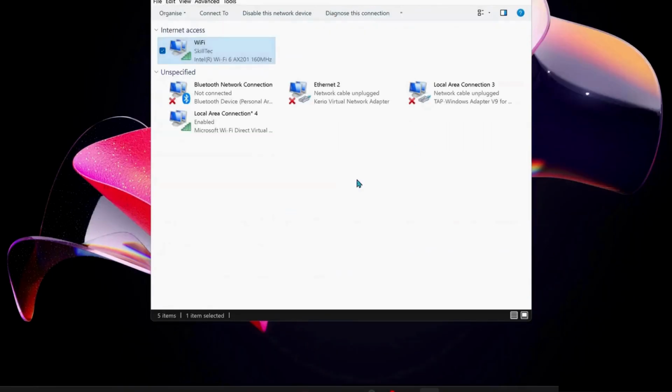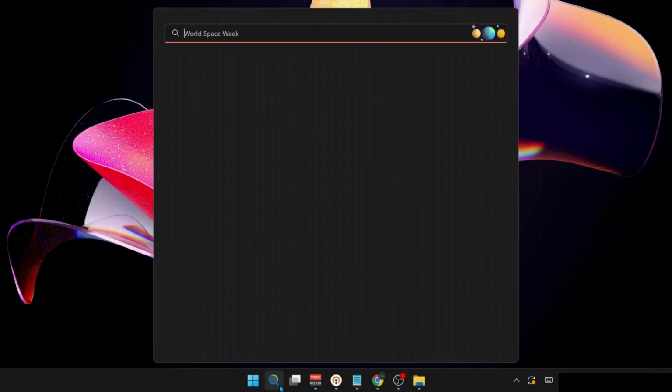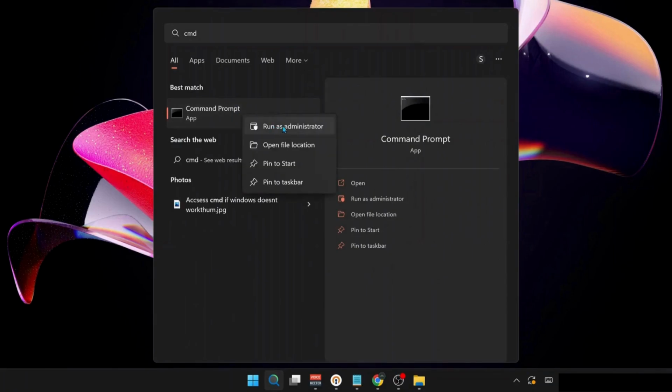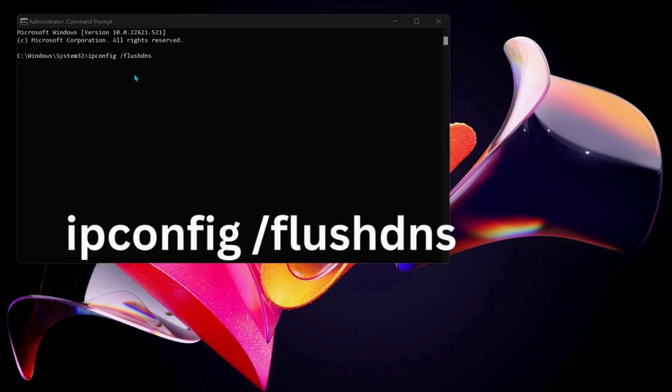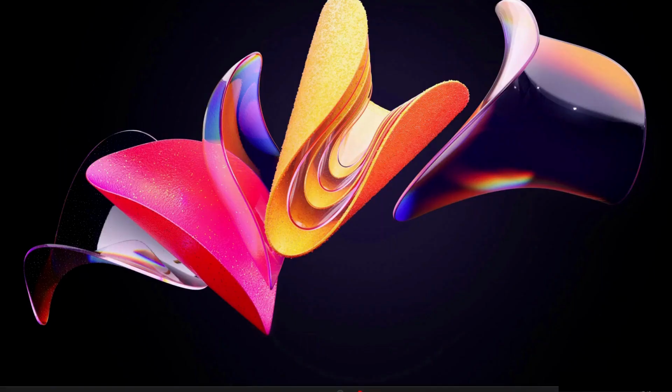And next, close all this and open up your command prompt. So to open up the command prompt, just go to search and type in there CMD. And make sure you run the command prompt as an administrator. So just right click on it and select Run as administrator. Type this command in the command prompt and press enter. So once you see this command successfully flash the DNS, just go ahead and close this one and open up